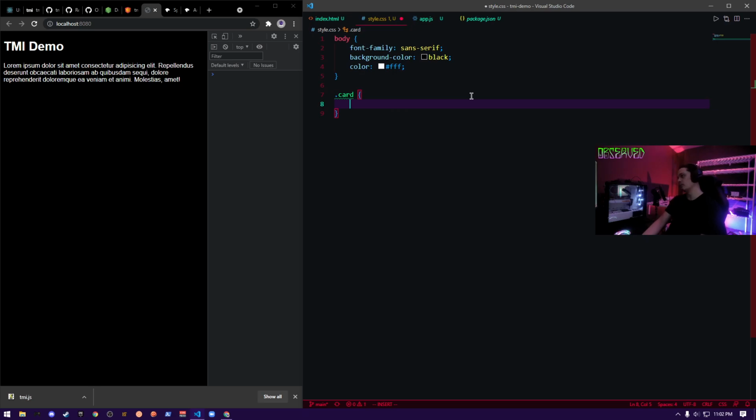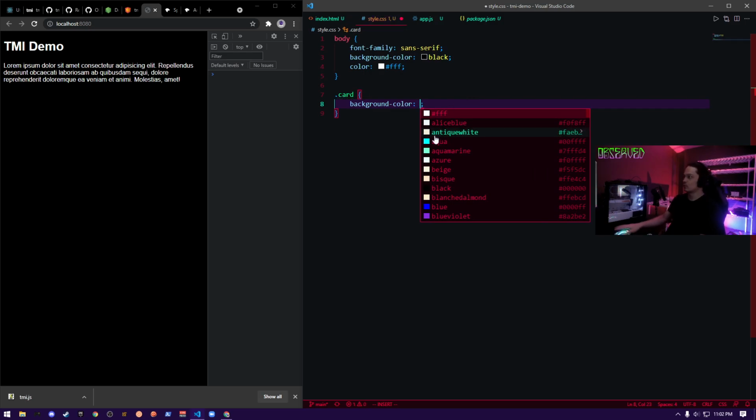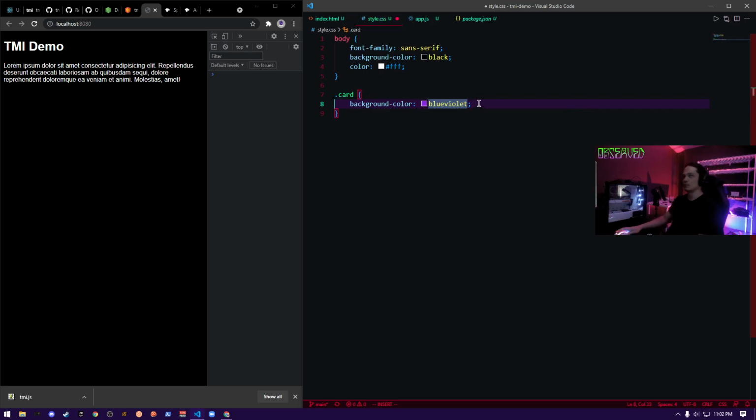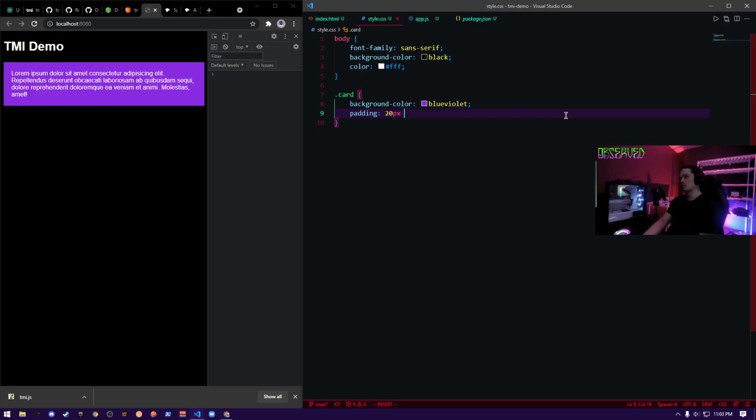So we could go, let's make each card purple. Blue violet. That's cool. You can see right there, so that's your padding. That's margin.